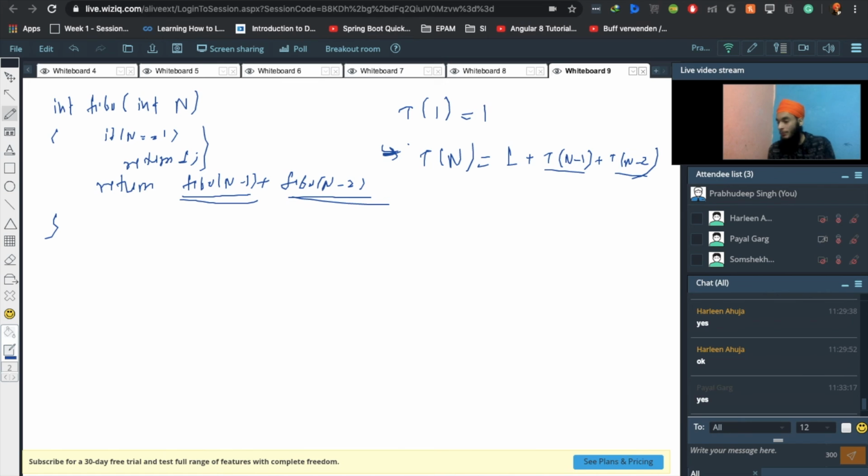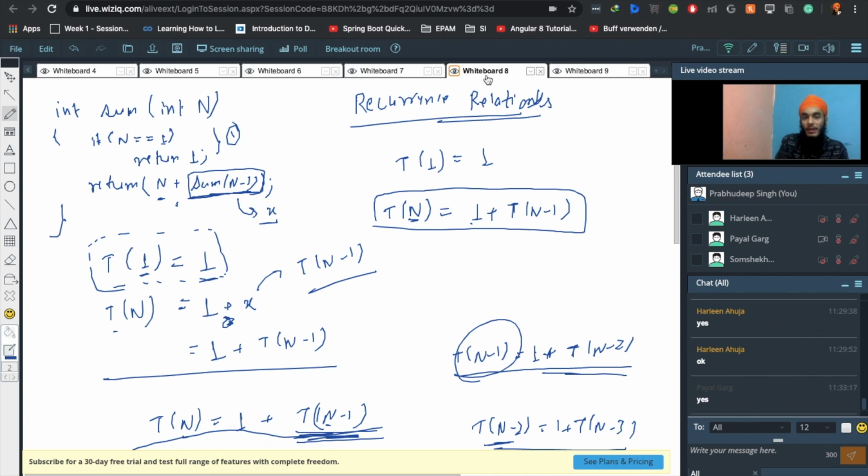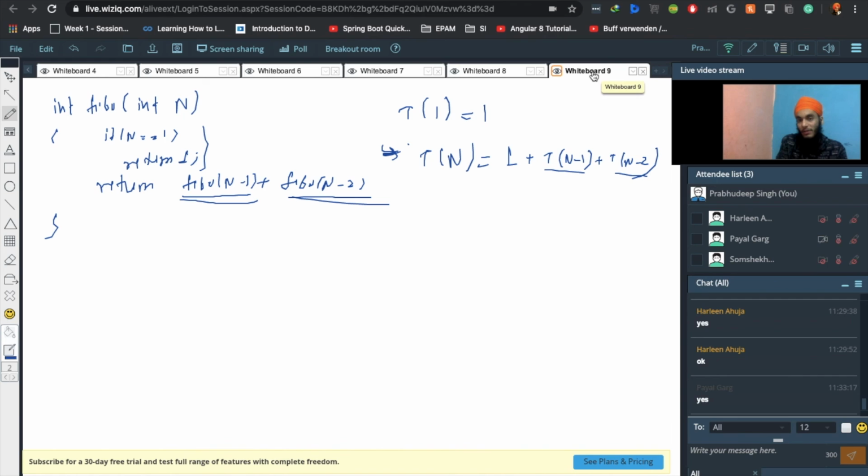Okay. So now, previously we did it. This was a recurrence relation. This is one way of calculating the complexity for recursive code. This time, let's say we are not going for the recurrence relation. We are going for the recurrence tree. There are two ways to find out the complexity. I will do this by recurrence tree, so you will be able to get to know both. So for t of n,